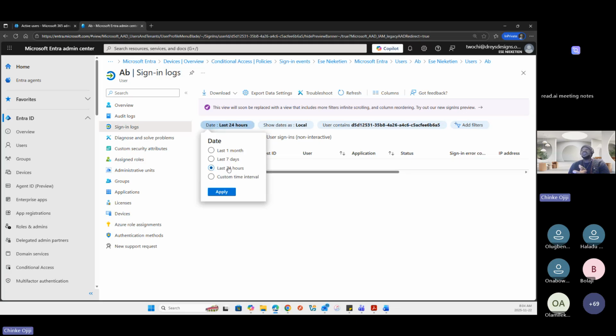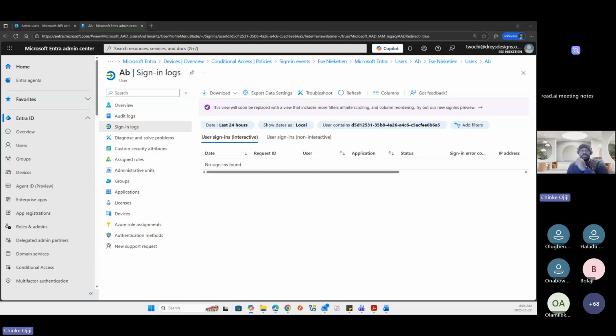Now, you also have the same requirements as the audit logs here. I think for sign-in logs, you can also do 90 days with an Entra ID P2 subscription as well for you to see more. Now, they also have, give me a moment.